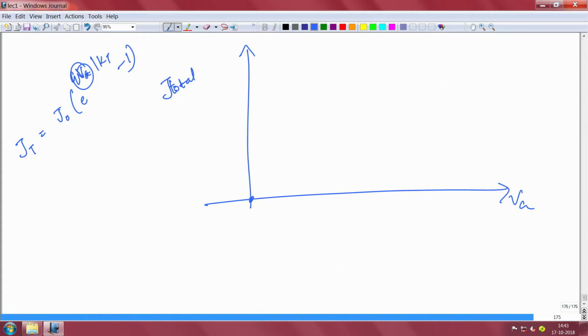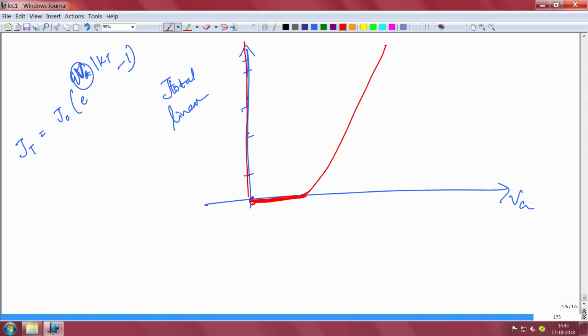Now, as you slowly increase V_A, the current will slowly increase. But if you are plotting on a linear scale, which means 10, 20, 30, 40 and so on, then initially it will not show you anything, it is yet to turn on. At some point it will turn on and then you will see an exponential change. Actually, it is already increasing here, but you cannot see it on the linear scale, you have to see it on a log scale. For example, at this point the current might increase from picoamp to nanoamp, but if the scale is milliamp, 1 milli, 2 milli, 3 milli, then you cannot see a change from microamp to nanoamp, right. That is why it looks like that.